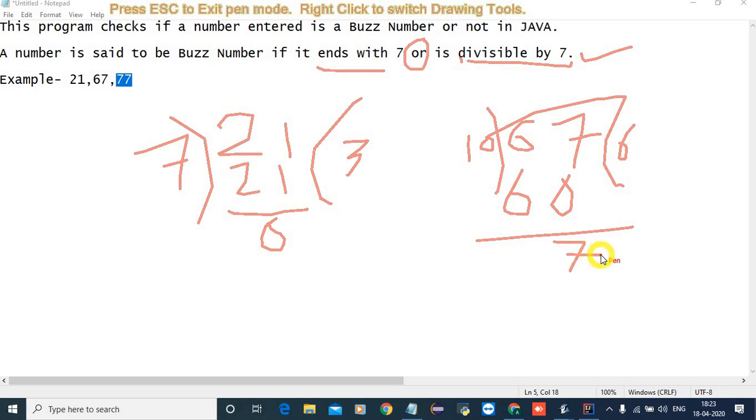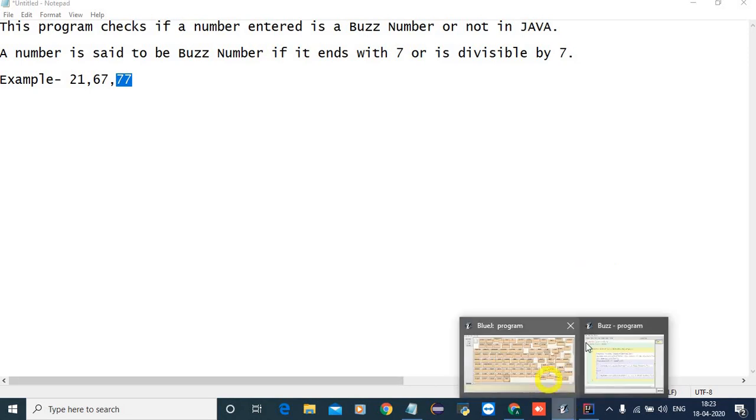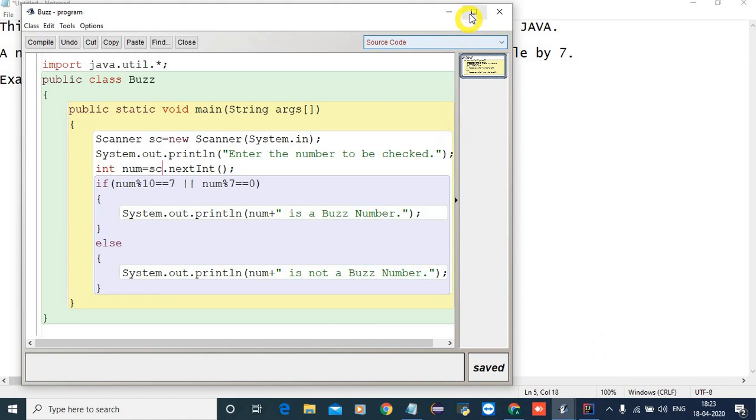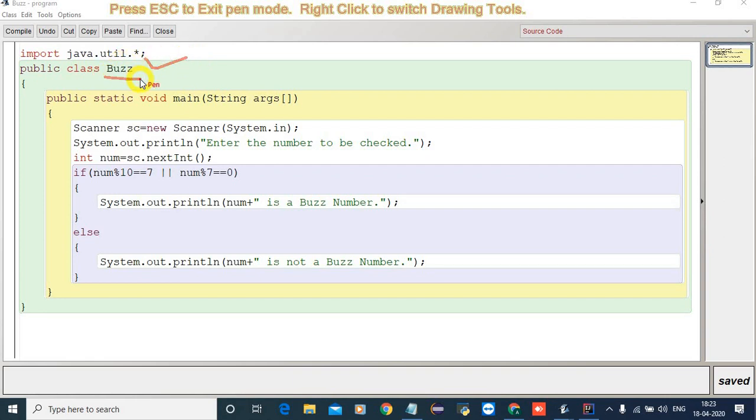Let me show you the code for it. Here is the code for this Buzz number. What I did is import the util package because of the Scanner class. Then I named the class Buzz, then public static void main with the String args, as you must already be knowing.